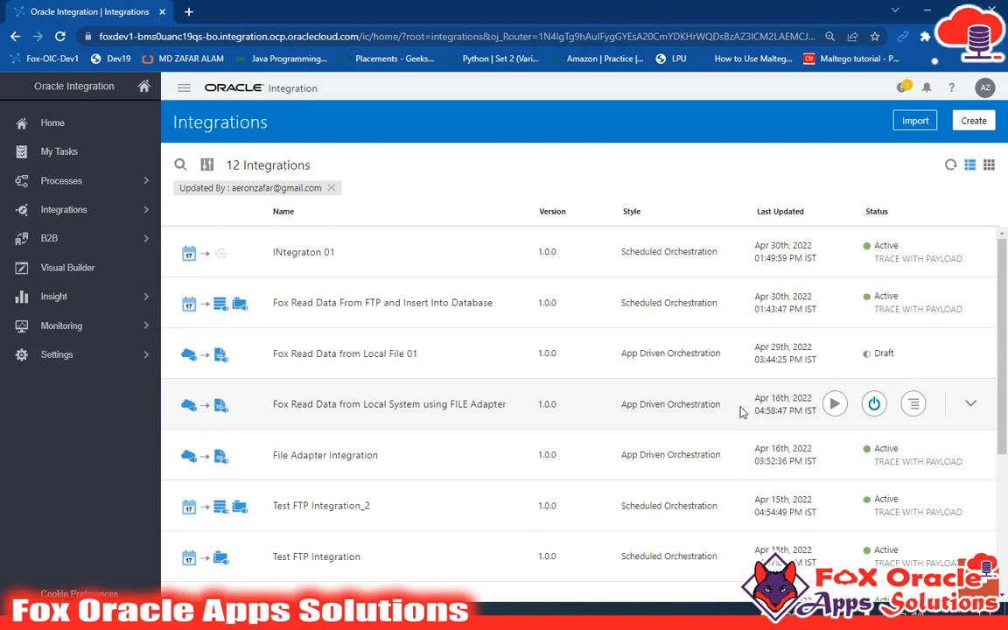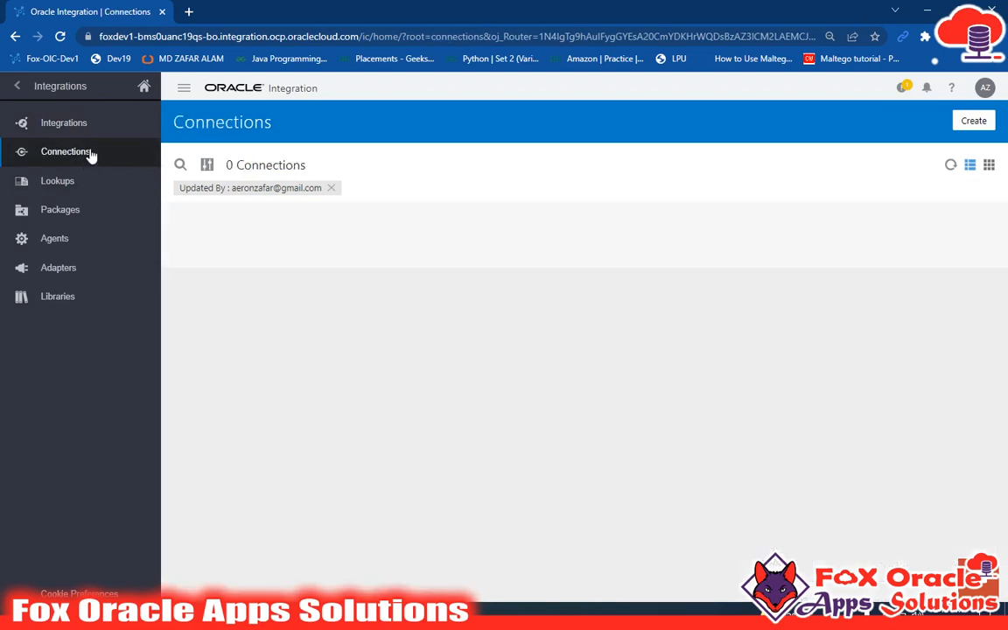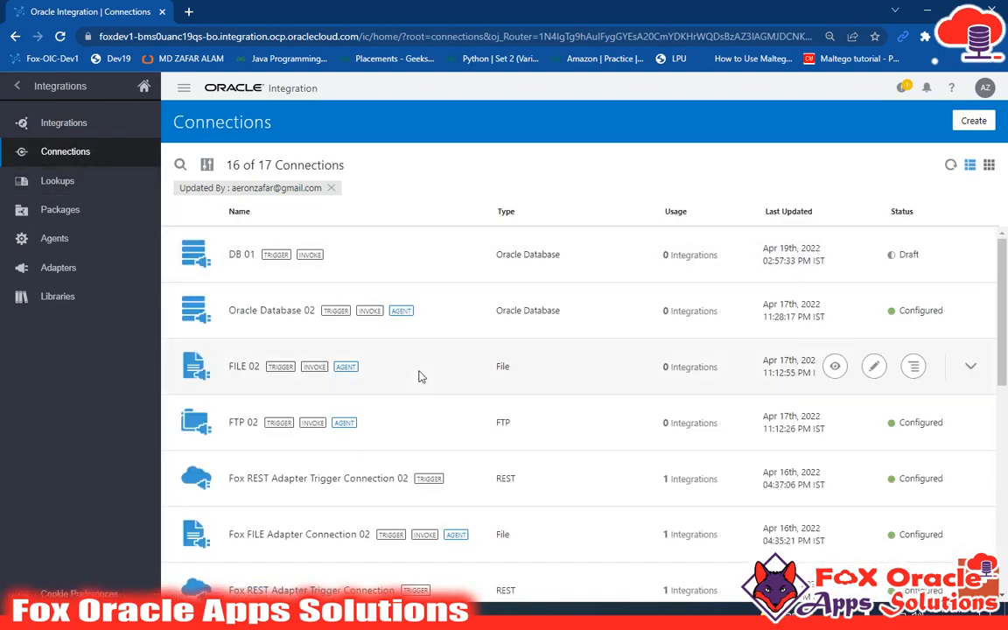In the previous video I showed you how you can configure the integration and how you can run it, including different kinds of integration like schedule integration and app-driven integration. So now in this video we will talk about different components. In the previous video we talked about the integration component. Now in this video I will talk about the connection. In the previous video I already defined what a connection is and what the required things in a connection are. Now I will go through the